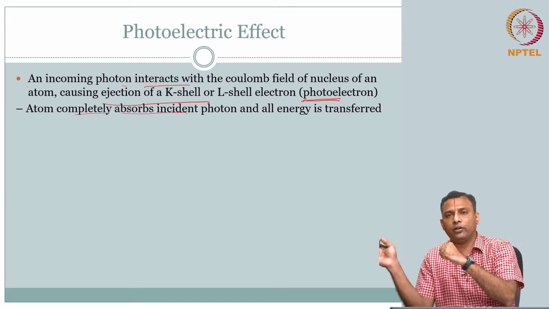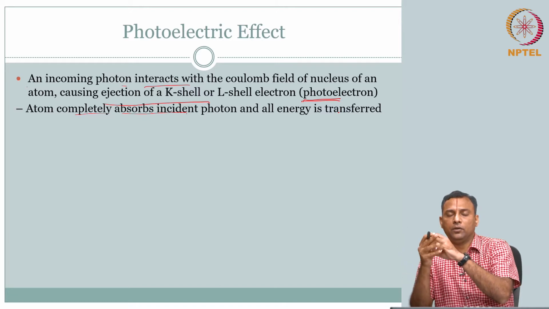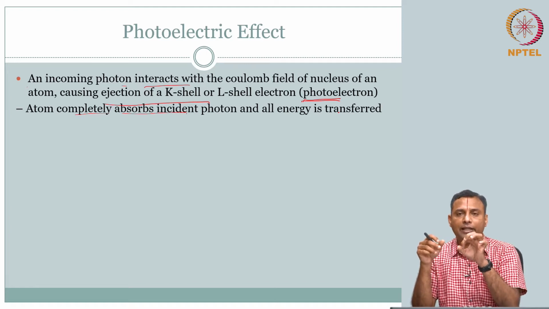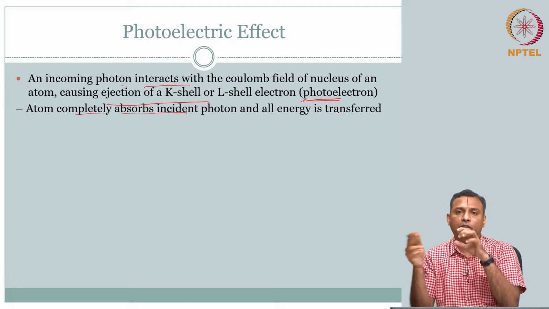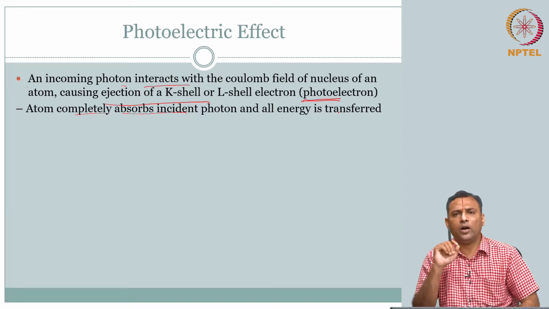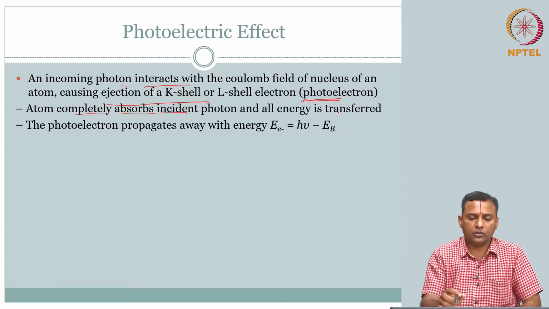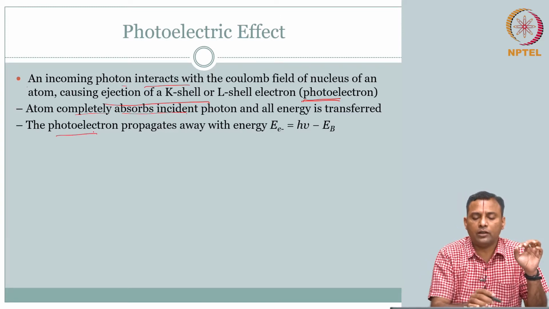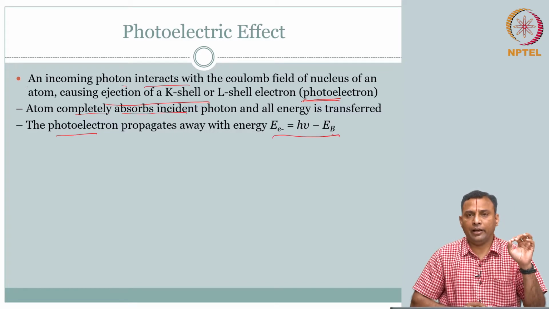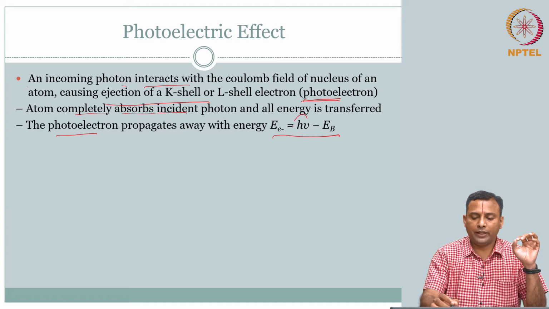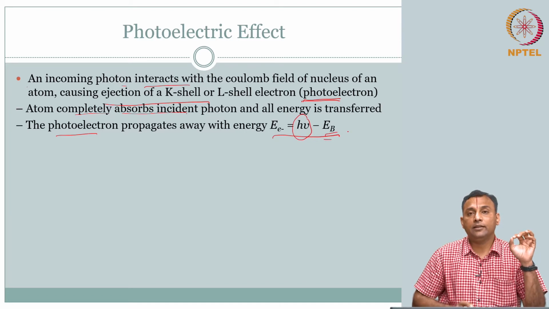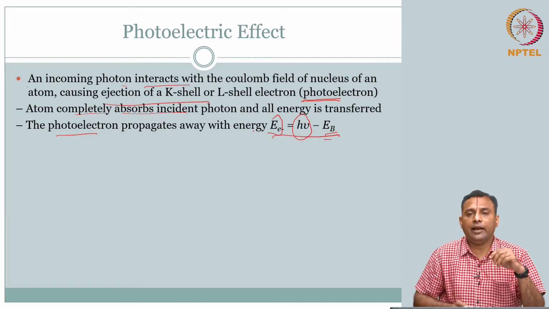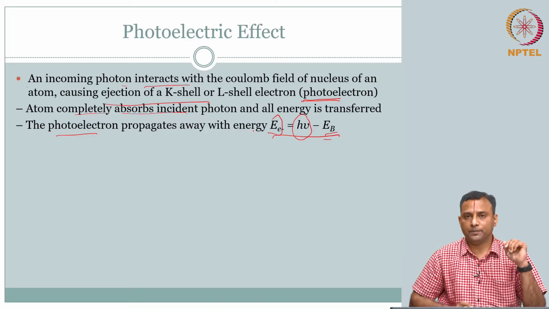Now, after the photoelectron leaves, what will happen? Oh, this has to rearrange, right. All the electrons will now rearrange, because there is a hole in the K shell; that electron has left. So, there is going to be a realignment, exactly similar to what we covered already. The photoelectron that propagates goes out with an energy. What is that energy? H mu is what came in, and this is your binding energy. So, whatever came in minus the binding energy is the energy with which that photoelectron is going out, clear.